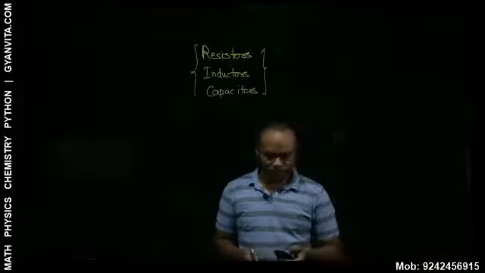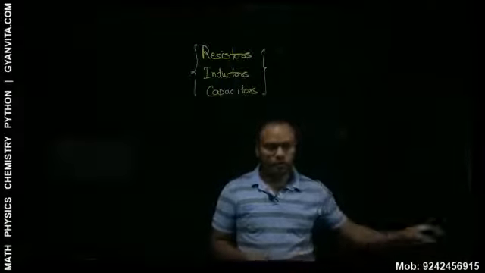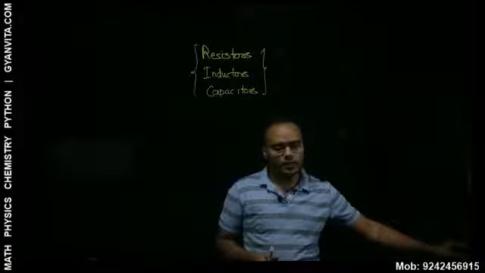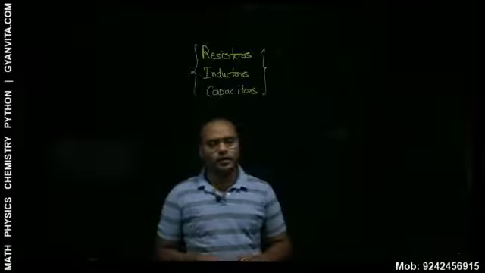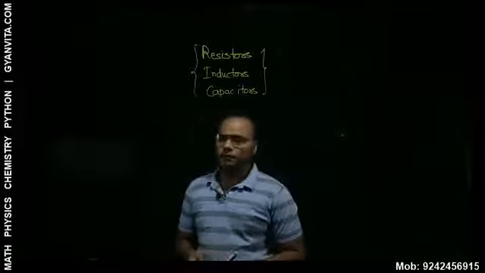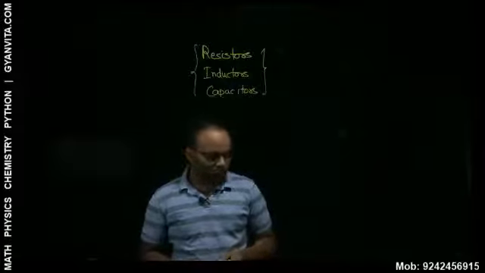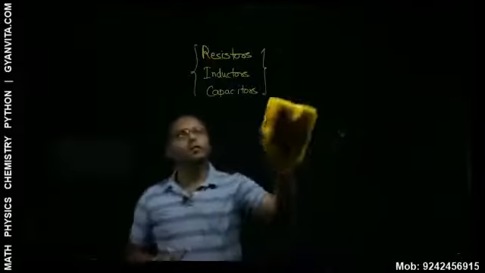Now next we are going to see the impact of these circuit elements in the alternating current circuit, that is, in the circuit which involves flow of alternating current. The things which we'll study here will involve the relation between EMF, that is potential difference, and current. That will help us in understanding the opposition offered by that particular circuit element, right?